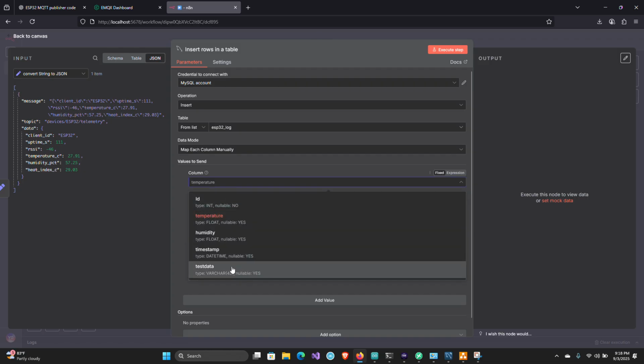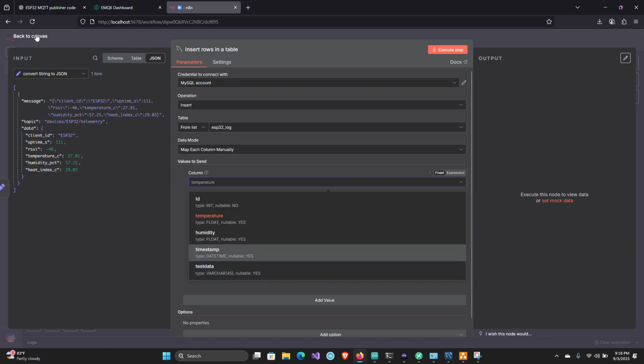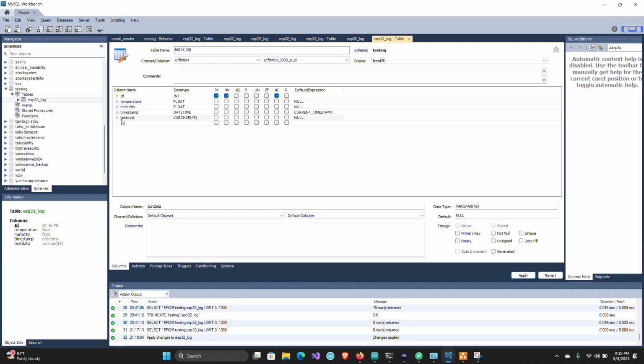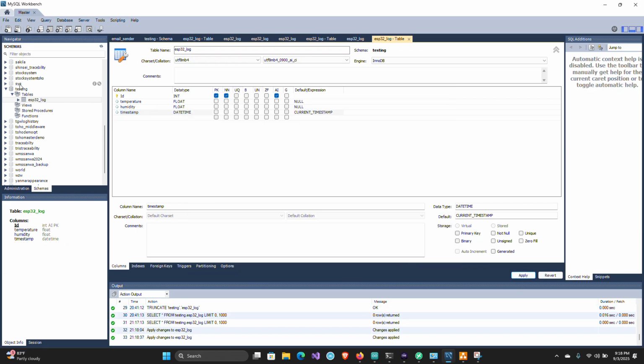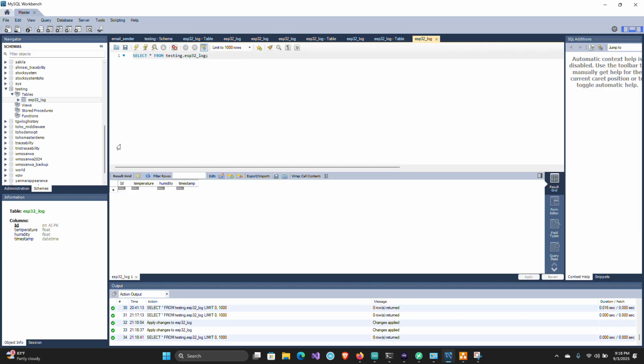This one. So it will automatically show here, so you don't need to worry about this. Then we go back to here and select here. Okay, apply it because we don't need that column.